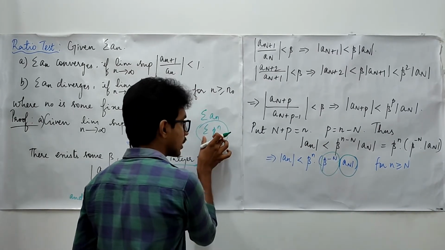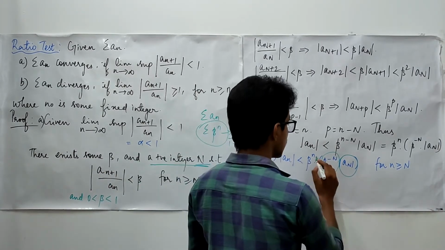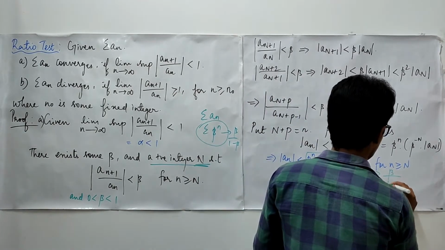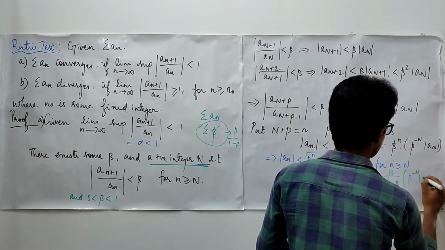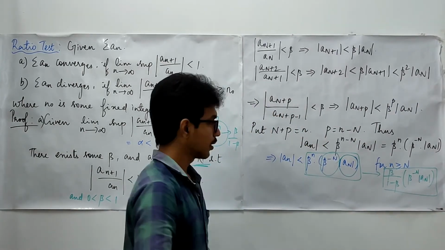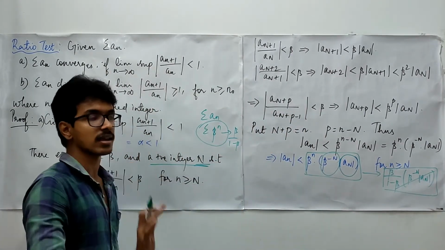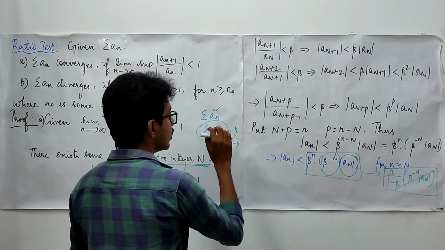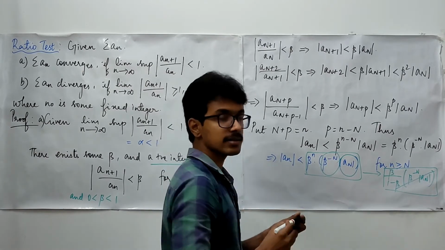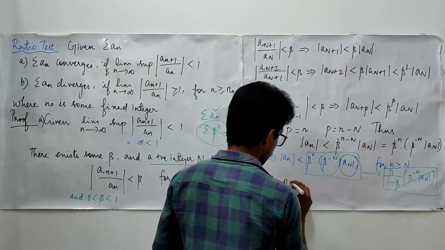Okay, we know this one converges. This converges to what? Beta upon 1 minus beta. When you have these things, this together converges to beta upon 1 minus beta times beta power minus n times the absolute value of an. This is the value of convergence. That's it. This is not important to us as of now because we are interested in checking the convergence of summation an. Since this one is convergent, by comparison test we may conclude that the given series converges.